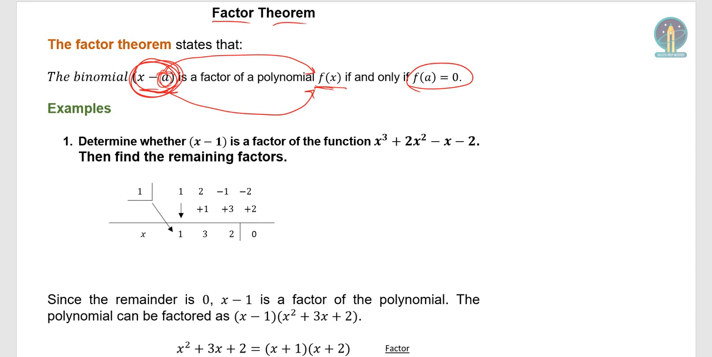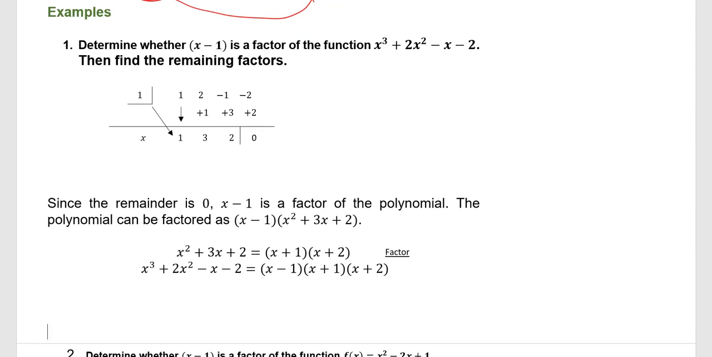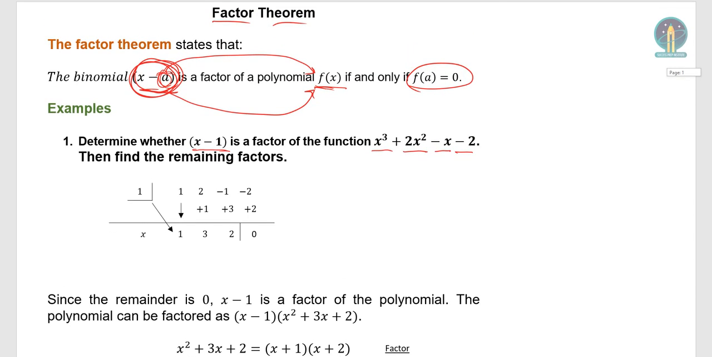Now let's see how this plays out in real time. So let's look at some examples. First example is to determine whether x minus 1 is a factor of this polynomial function, x cubed plus 2x squared minus x minus 2. So let's apply the factor theorem. In this case, our a is equal to 1. And this is our polynomial. Let's use synthetic substitution for this example. Okay, so a is 1,